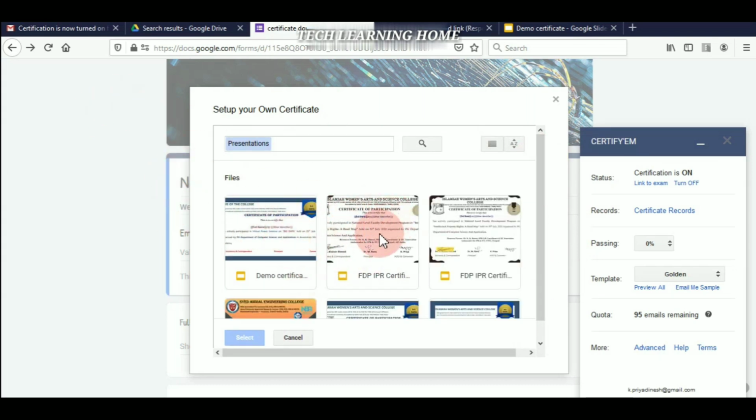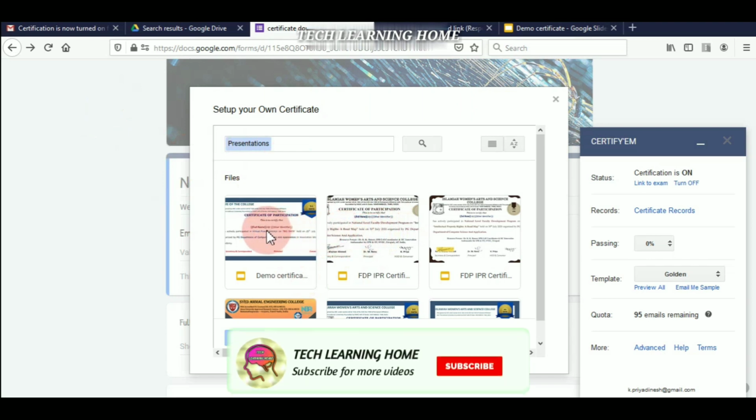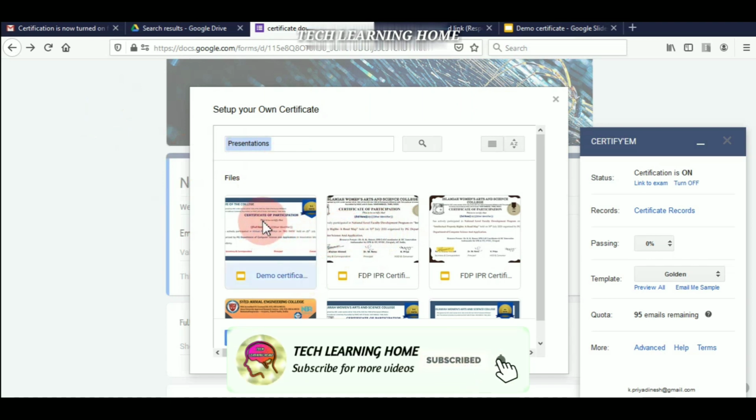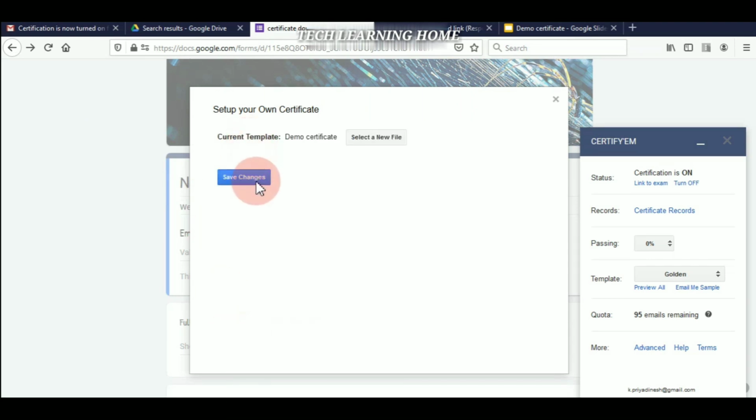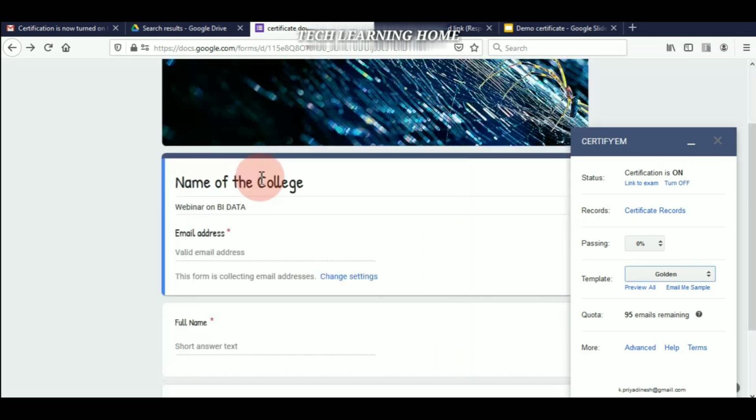These are the certificates I have designed already. I am going to choose this template. After selecting this, click select and then save changes. Now my own template certificate will be added in the Certify EM.